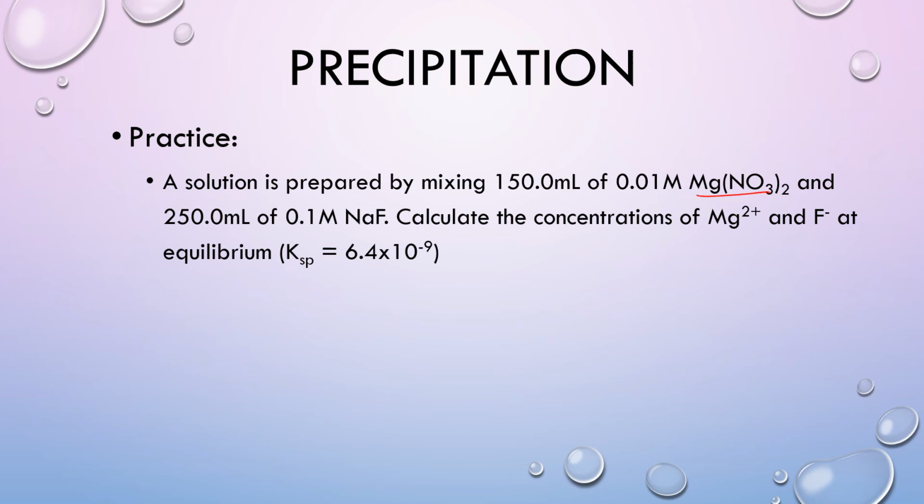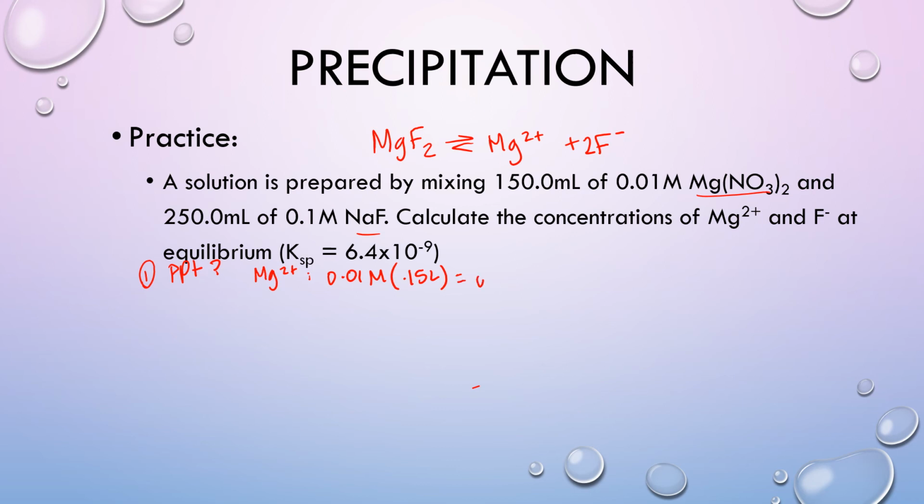This time we're combining magnesium nitrate with sodium fluoride. So my precipitate is magnesium fluoride. So first step, does precipitation happen? So my magnesium concentration, 0.01 molar times 0.15 liter is 0.0015 moles divided by my new volume, which is 0.4 liters, gives me